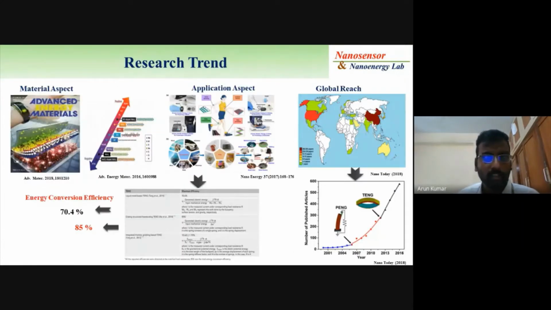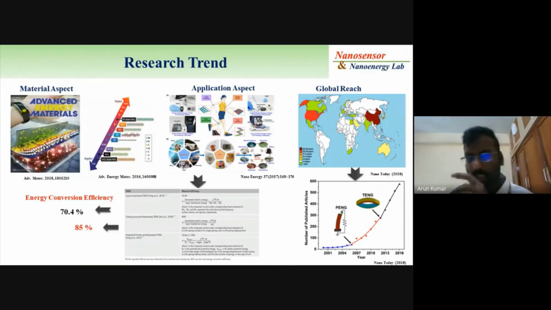There are a few different research trends. I follow the application aspects. A few researchers follow material aspects; they try to find new materials, for example MoS2 and some MOF, metal organic frameworks, to introduce for energy harvesting. But my aspect is application. I mostly use commercial polymer materials, existing materials, fabricate the device, and study it for the application. That's my approach.